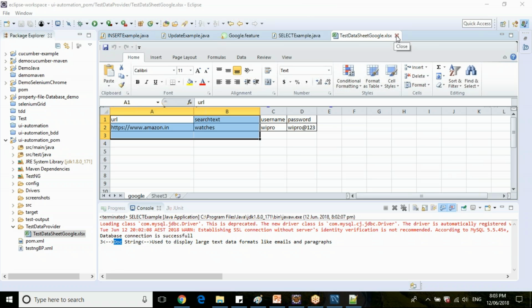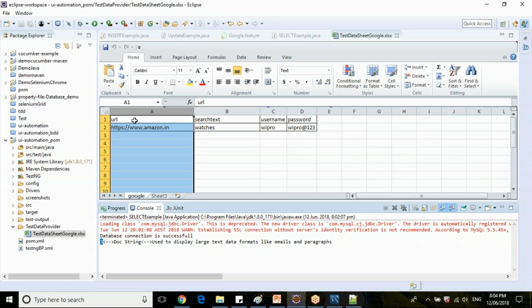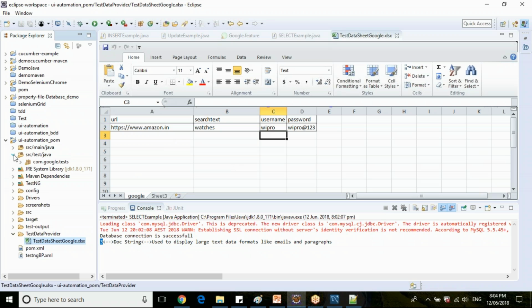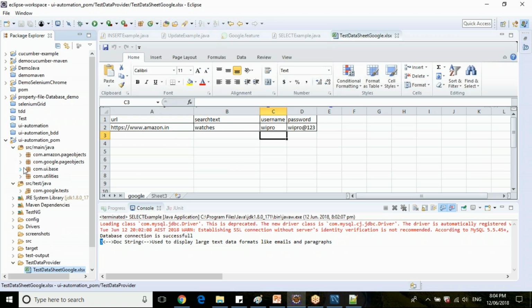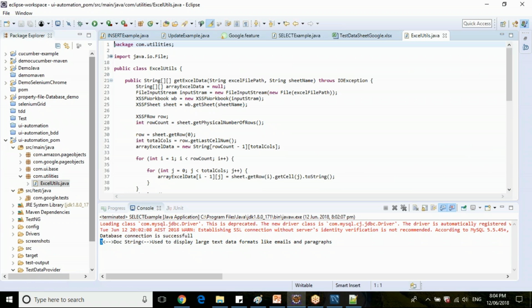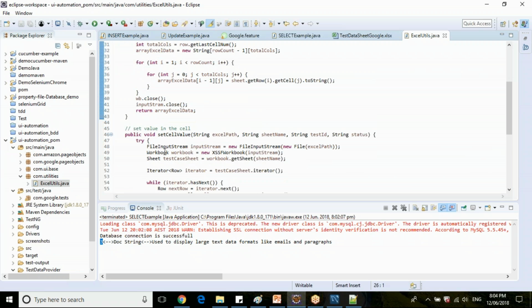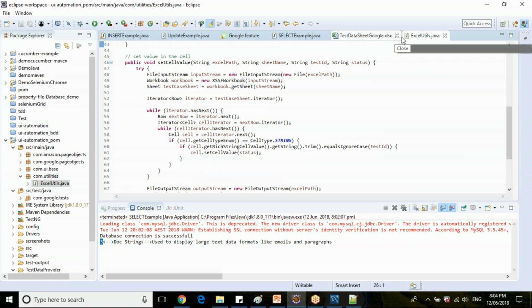Is it clear, Pallavi? Let's say you want to validate your database data with third-party data, which is in Excel sheets or JSON files or XML files. For Excel sheets, you know how to read, right? It's like Apache POI, where you will have your POI libraries, going to XSSFWorkbook. Once you read everything, you will have the data in an array list. Just use normal Java methods to compare, like data.contains or equalsIgnoreCase, and we can check this.